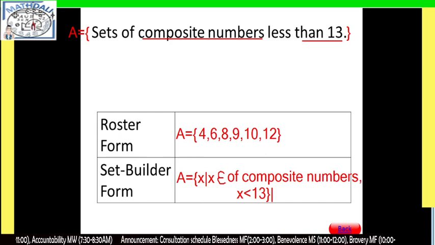So that is on how you're going to write a set builder form from the verbal description. And also we have this roster form. We're going to list down the element. Since we already have this verbal form, it should satisfy that conditions. So, yan yung pagsusulat ng ating set or pag-illustrate ng set gamit yung roster method o di kaya yung set builder form. Dito kasi meron tayong rule or formula.